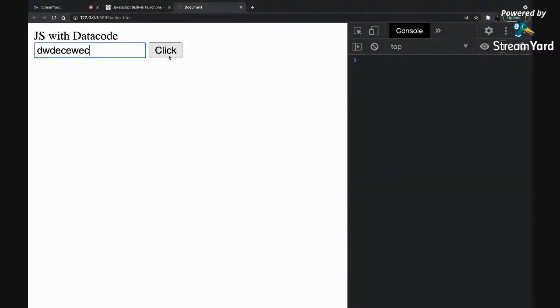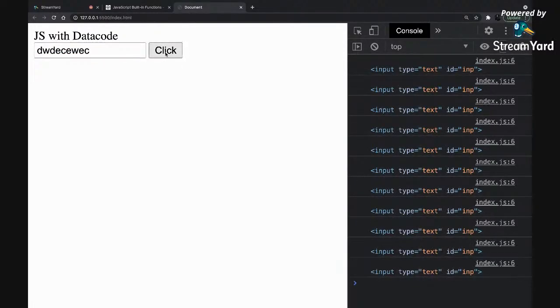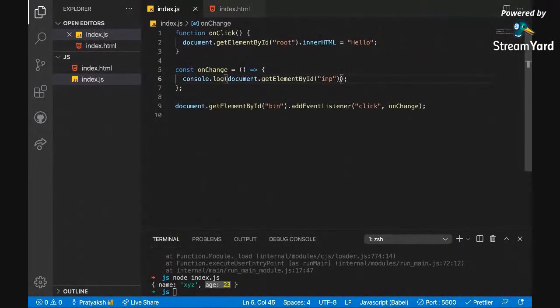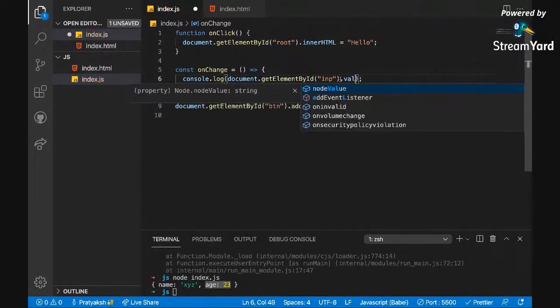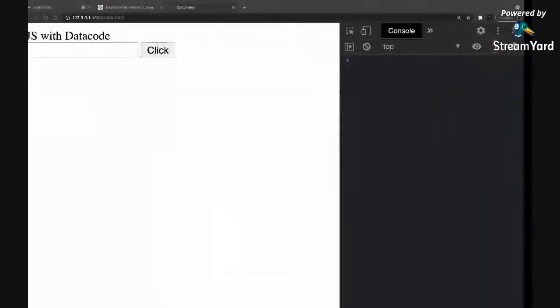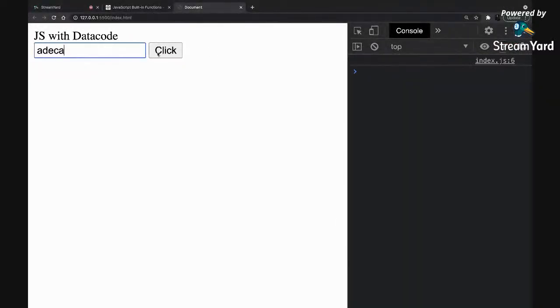So I type xyz anything, then I click, then this happens. I can say instead of this, just give me the value, and now it will start giving me the value, whatever the value is inside this input box.